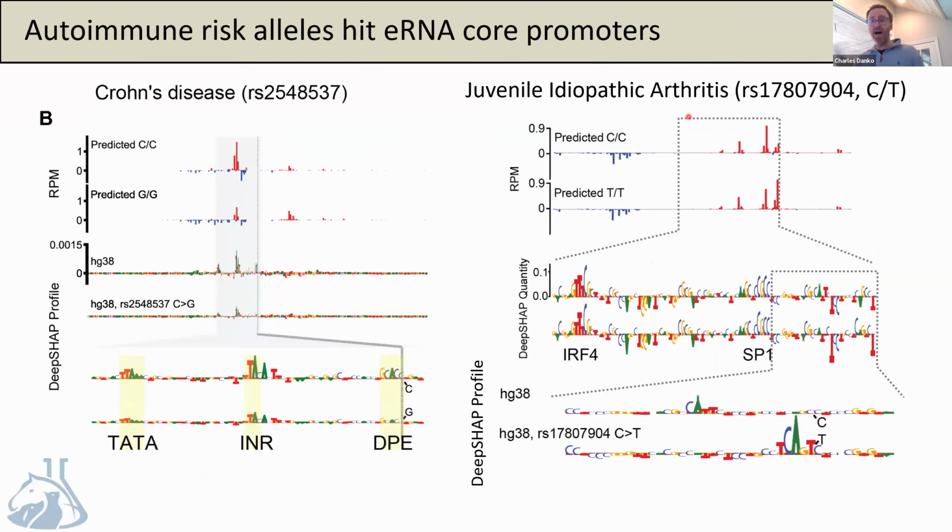So that's really exciting. But a lot of the examples that we're finding don't just hit transcriptional activators that we would conventionally think are important for this process. Here's an example which is a risk allele for Crohn's disease, where the SNP in question disrupts a downstream promoter element, DPE, part of the DNA sequence which is thought to influence the binding of TFIID in the pre-initiation complex. And this is located in an enhancer region far away from any promoters. Here's another example in juvenile idiopathic arthritis, where a new initiator is created by the introduction of a T nucleotide here instead of a C. So there are lots of cases where the initiation signal for an enhancer RNA seems to influence autoimmunity as its mechanism of action,